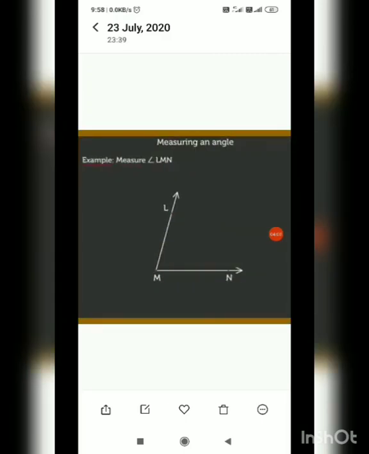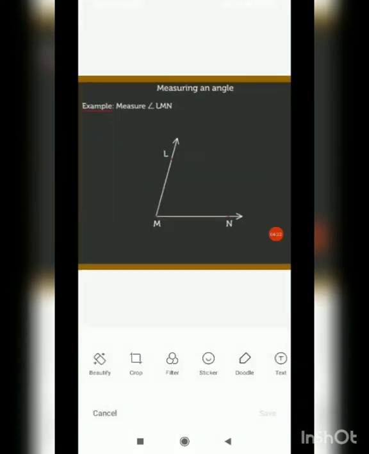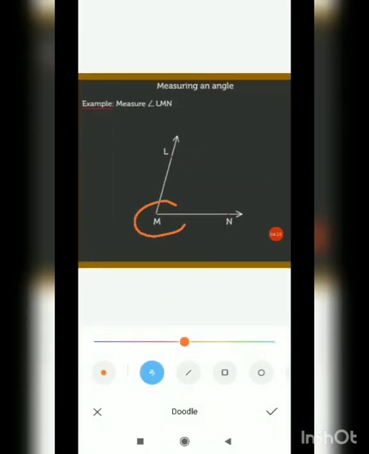Okay, so measuring an angle, how can we measure the angle? As I have shown you the protractor, we will use that to measure the angle. For example, this is an angle named LMN. By the naming of the angle, it is quite clear that M is our vertex point. Clear? The central part of an angle is always known as its vertex. So in LMN, the middle letter is M, so the vertex point is M. Now we have to measure the angle, means we have to measure this value. How much is the space between these rays? Clear? LM and MN. The space between these rays will give us the value of our angle.